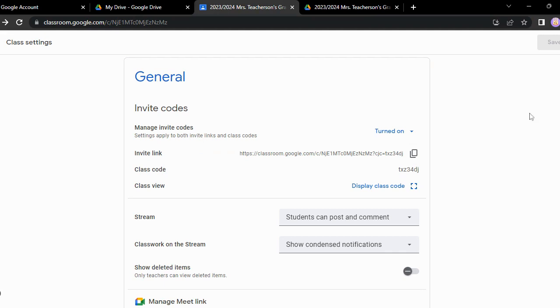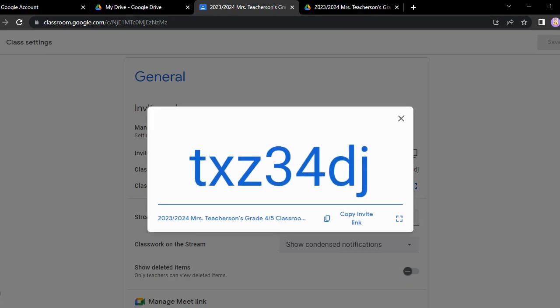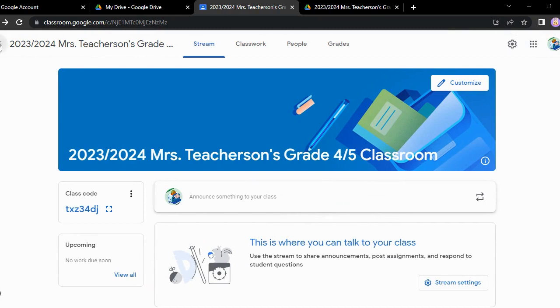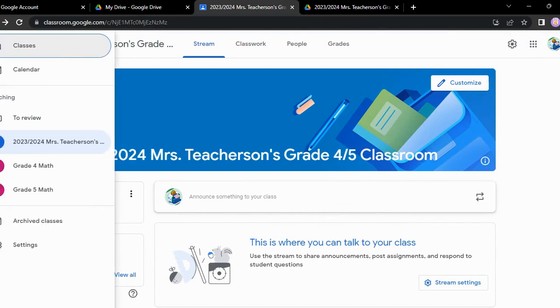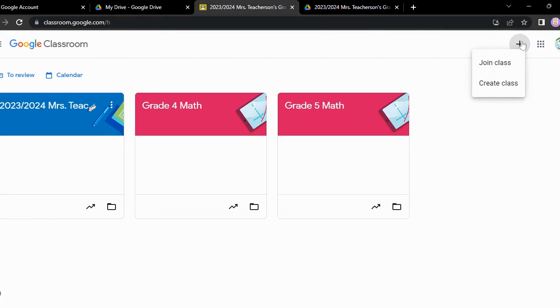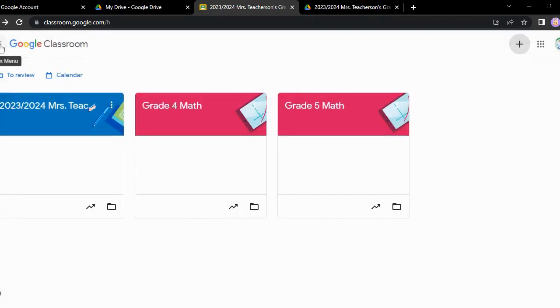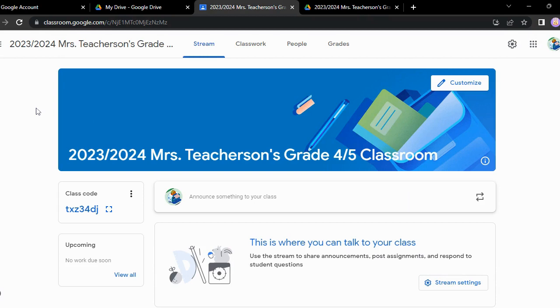So whether you project your class code on the screen or share it by an invite link, students will enter those numbers in that first page in your Google Classroom homepage, this plus sign. It says join class or create a class. And the students will join a class. They will enter that class code right there for your class. And then they will click join, and that's how they will join our class. That's also how you would join a class if you were invited into a teacher Google Classroom in order to